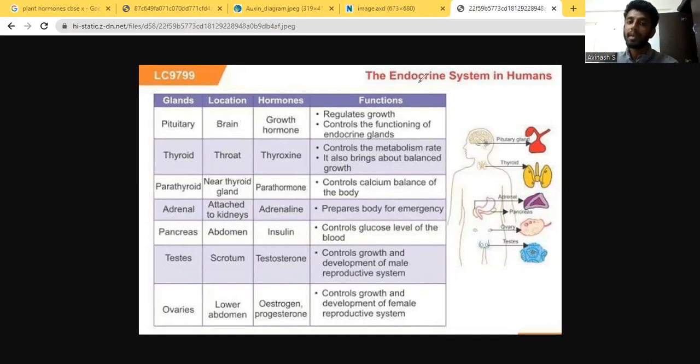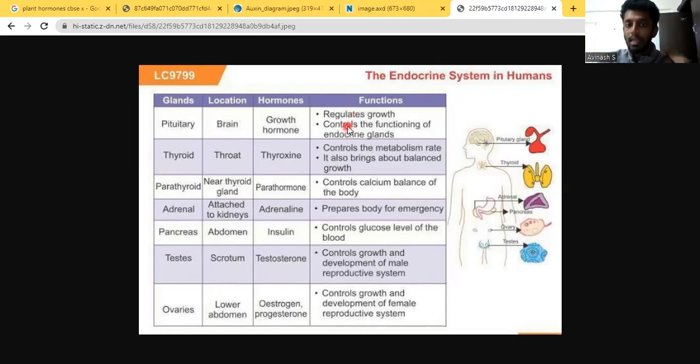Regulate the growth means what? Most of us have a misunderstanding that regulate means you have to keep on growing. No, regulate actually means maintaining the growth. They have not given increases the growth. Regulates means it is not too much or not too short. So to maintain the growth of a person, he or she should not be too tall or too short. Regulate basically means that you are trying to maintain your height at a particular range. That is called regulate. So that is the main use of